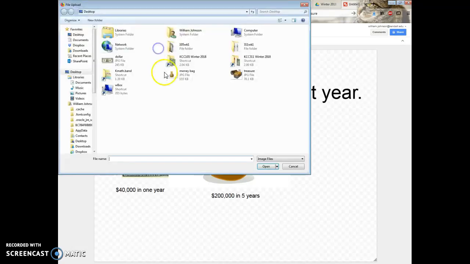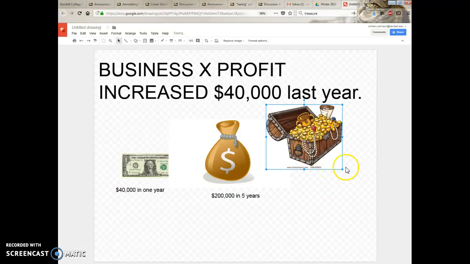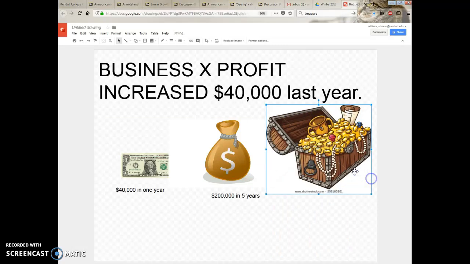Now I'm going to try it one more time. Upload from computer. All right, treasure chest. Now we can hit the jackpot right here. I'm going to make this one real big. Once again, it's all relative. Boom. And now let's have a text box to give me some